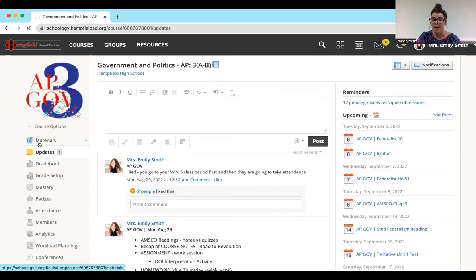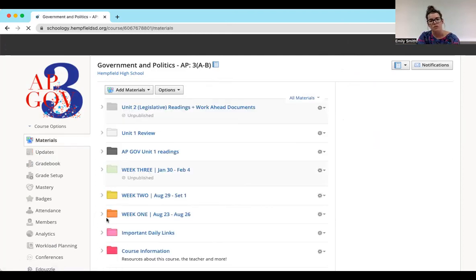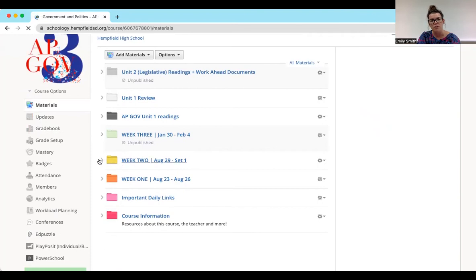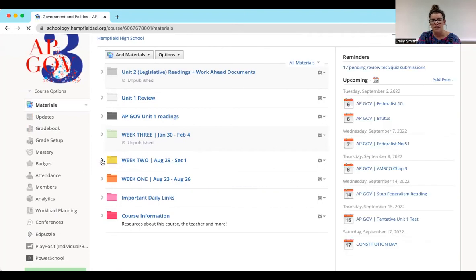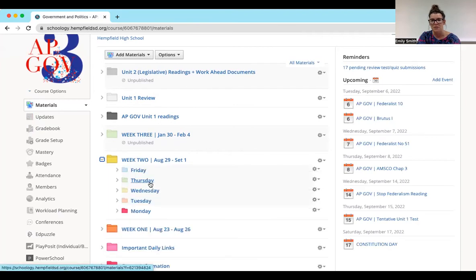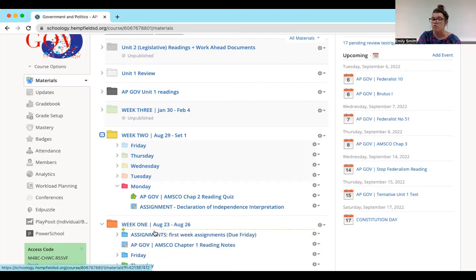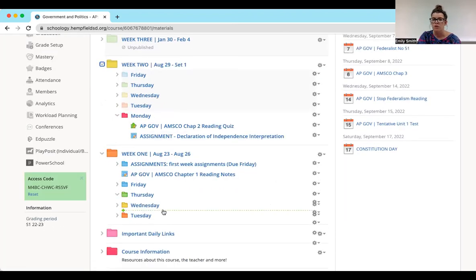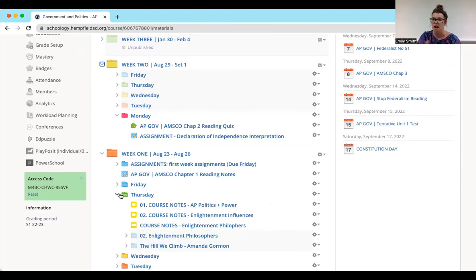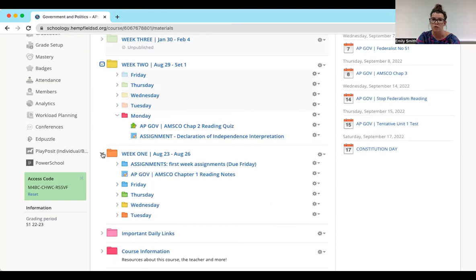Additionally, in our materials section, I have it organized by week and then by day. So it helps if students are absent or if they're like, what did we do on Tuesday? So as you can see here, here's week 2, here's where we are. Internet is slow today. Monday, this was yesterday, here are all the things we did. We did a reading quiz, and then we had an assignment that they're working on with the Declaration of Independence. So this would show you what they're doing. If they were absent, let's say last Thursday, they would simply go into Thursday's folder, read Thursday's update, and then go through the topics that are listed here. This is to help hopefully make them really, really successful.